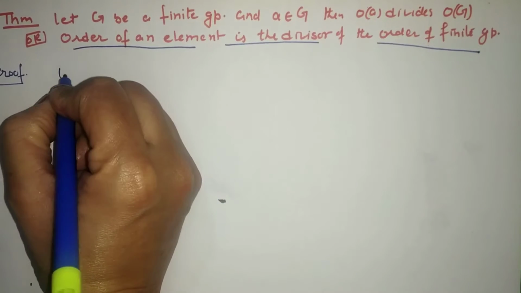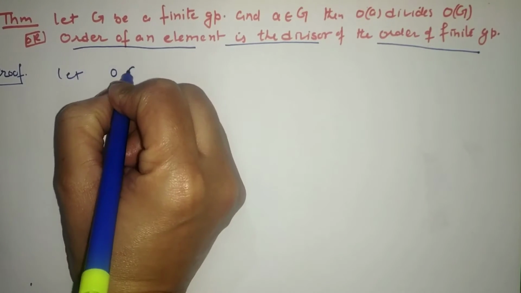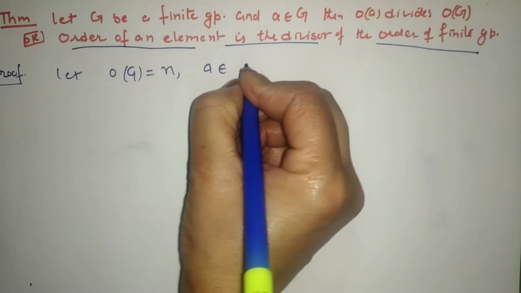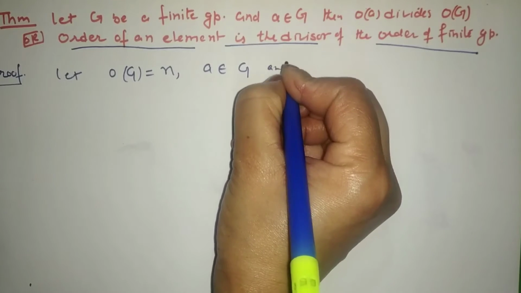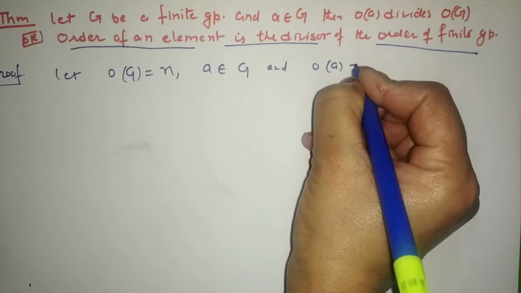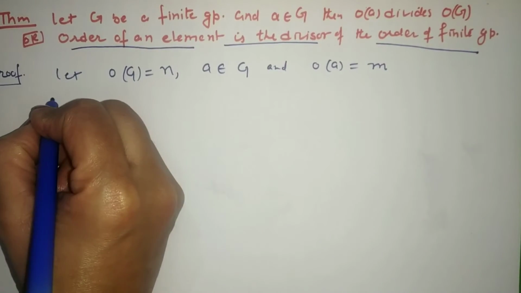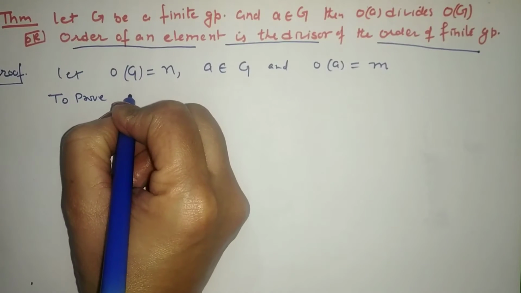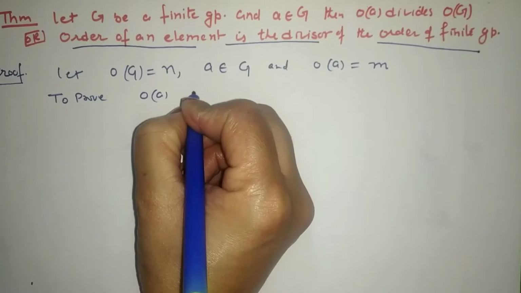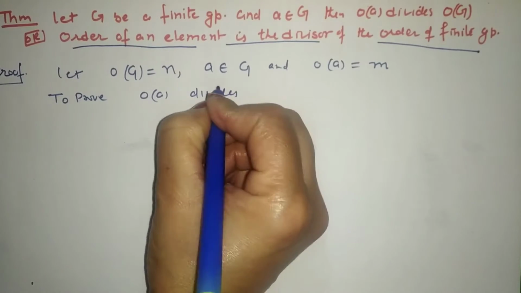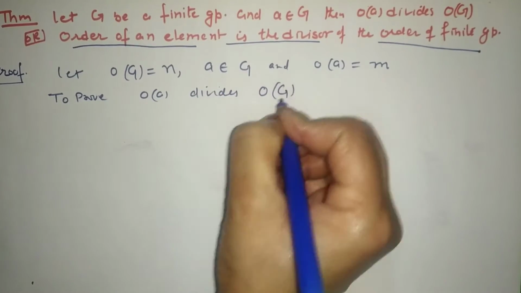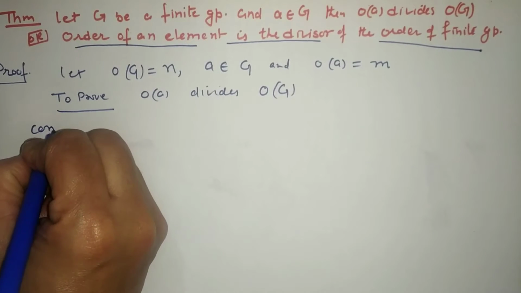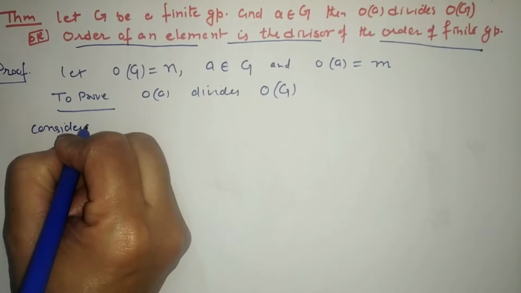So let order of G be n, A be some element of G and order of A be m. We will prove that order of A divides order of G. For proving this result, let us consider all the powers of